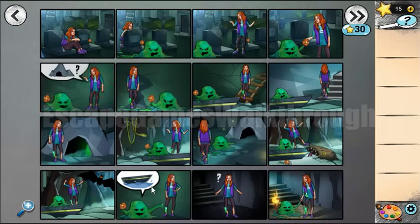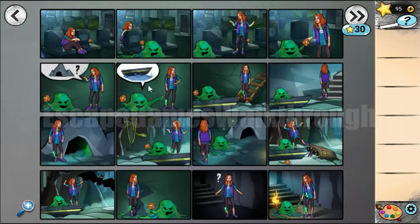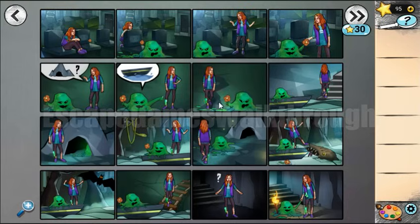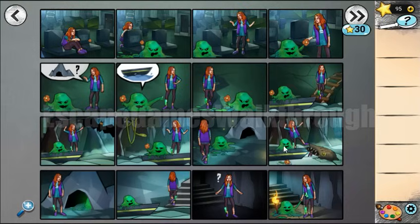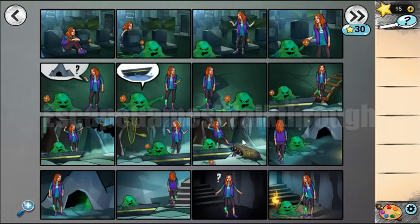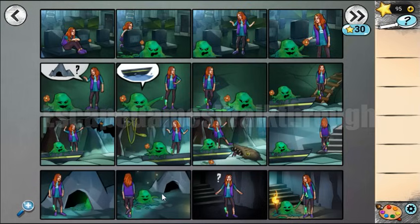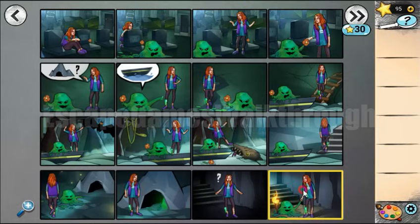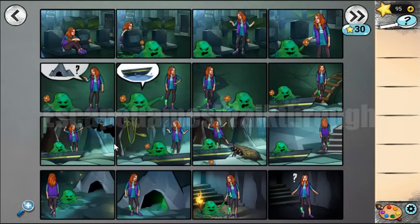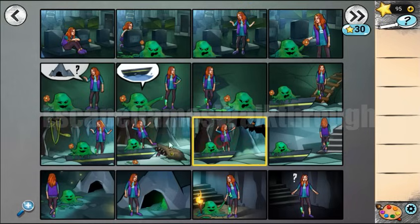She says that there's a boat, and then she followed him. So they came to the boat. Then they sail with various dangers. They arrived, came to the cave, and it seems like a story, but let's solve these dangers in different positions. Now